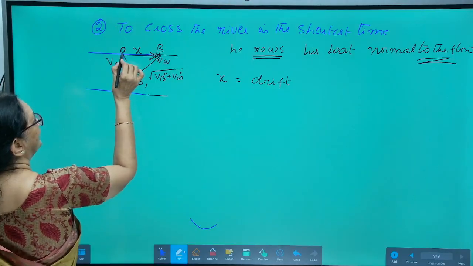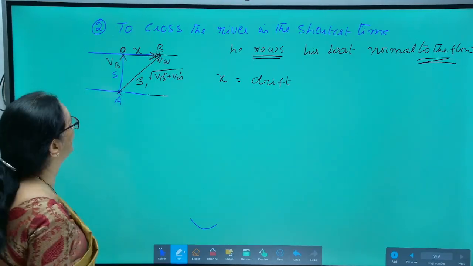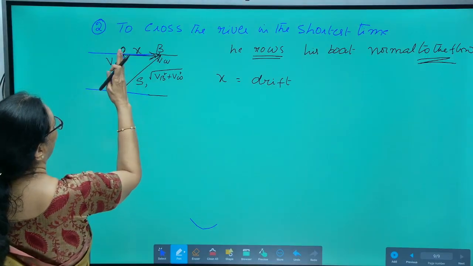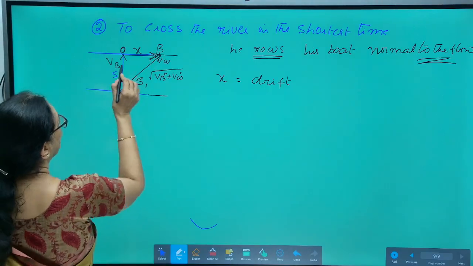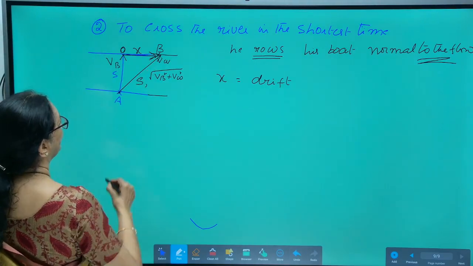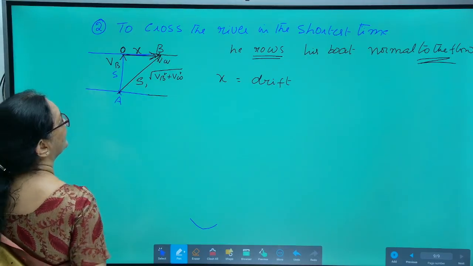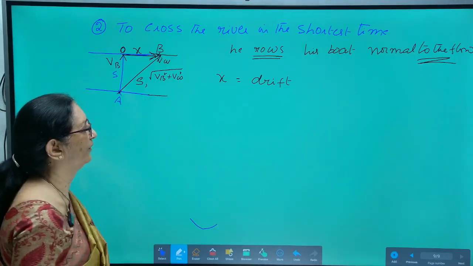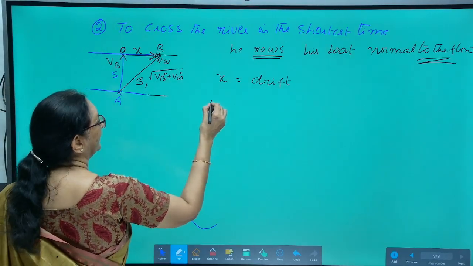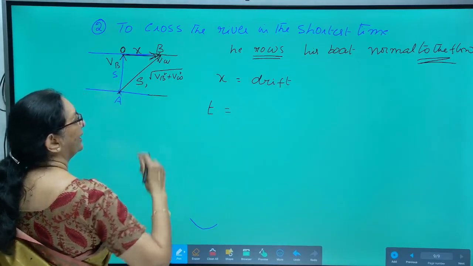So, this is the actual direction of the boat. But because of the water velocity, the boat will be drifted through a distance x. This represents the water velocity, this represents the displacement of the boat, and this represents the resultant velocity. So, see here, from the triangle law we can say